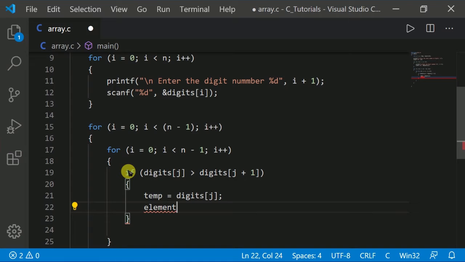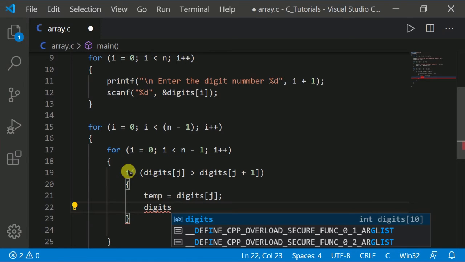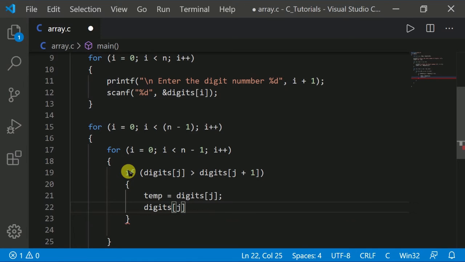In the variable temp we assign digits of j, and digits of j equals digits of j plus 1.